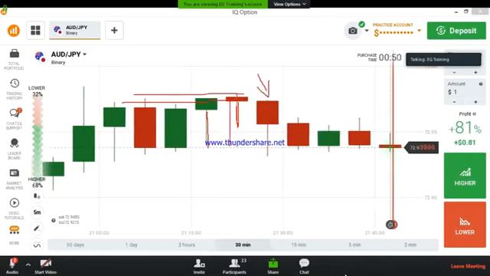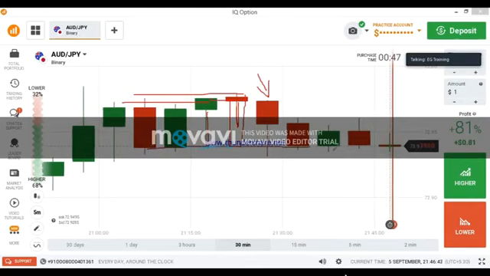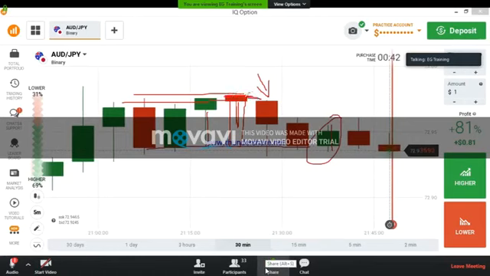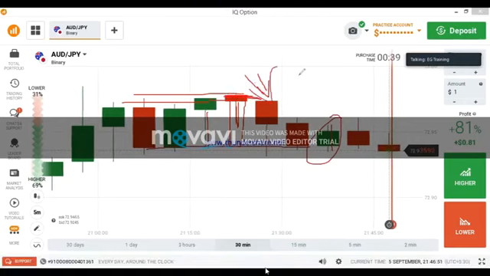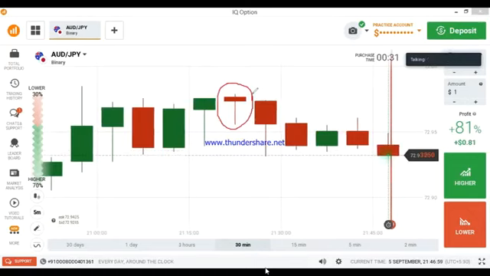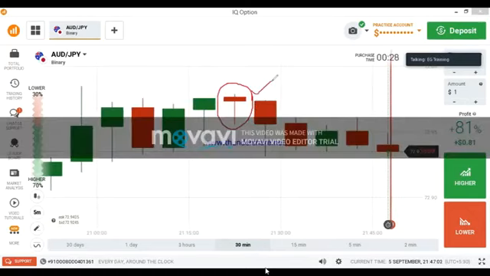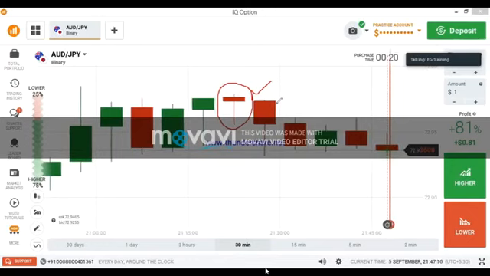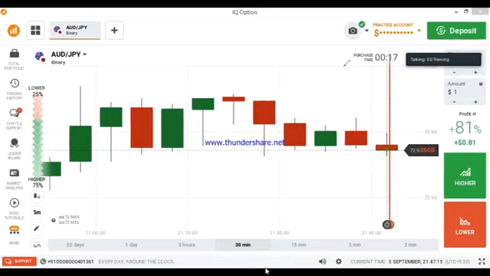If the candle closed at the buyer's area like this, there is a chance for buyers to enter like this. But the candle closing point is at the seller's area, so again we can expect a seller's entry. So if we want to know what is happening in the market, we need to see the candlestick. If you see the candlestick, then you can know the market movement easily. The candlestick will help you to know what is happening in the market and to predict and analyze the market. So we can't analyze the market on a graph chart. We need to see candlesticks to know what is happening in the market.